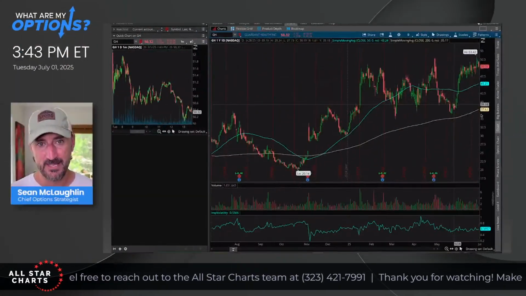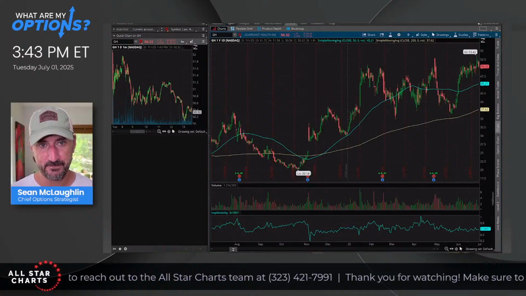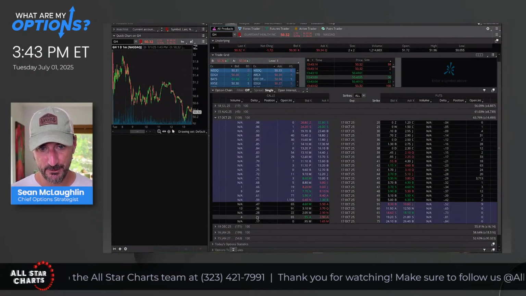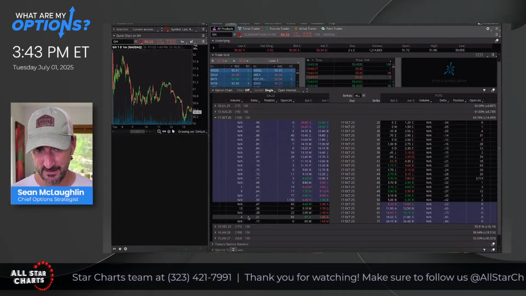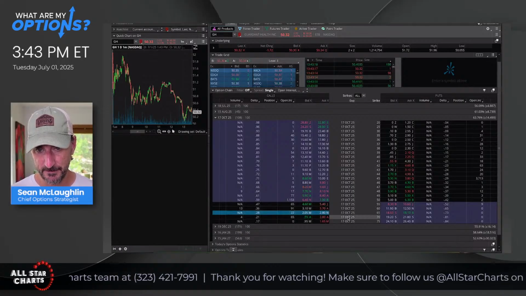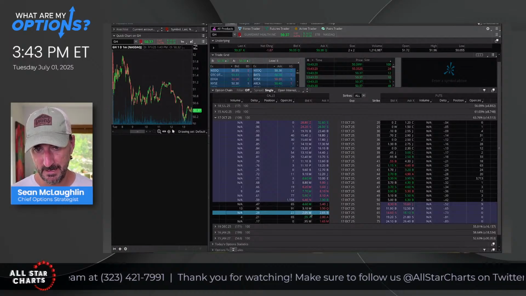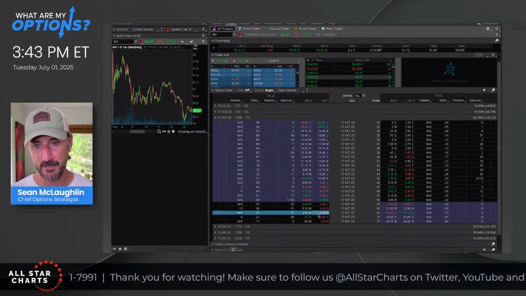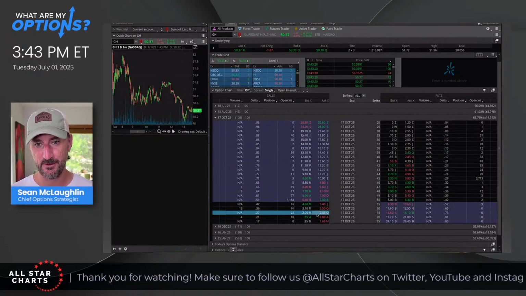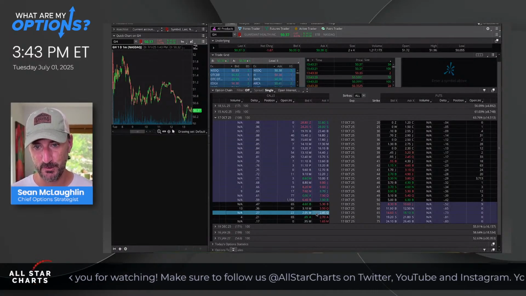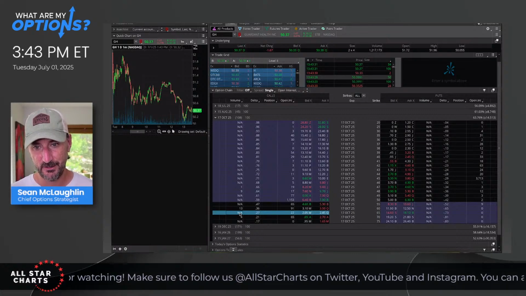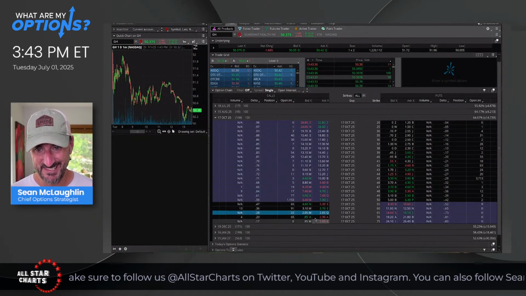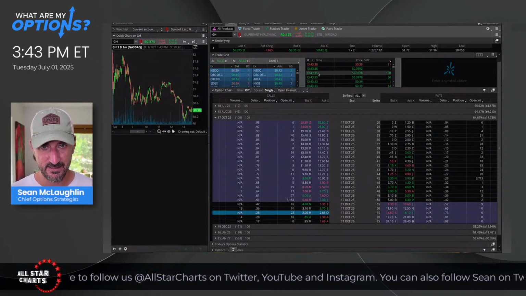So with that said, with Guardant Health, I would probably look into at least October. The 25 Delta calls look like they're, let's say it's the 65 strike. The bid ask spread is kind of wide. It's 2.05 on the bid, 2.50 on the offer. You could probably buy these for 2.25. If you put a limit order in for 2.25, you could probably get filled, or 2.20, probably get filled. So that means the stock would have to be above 67 to break even in October.